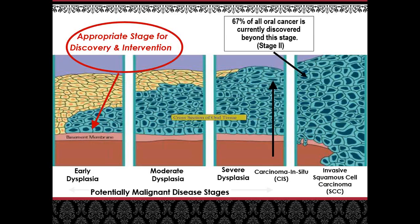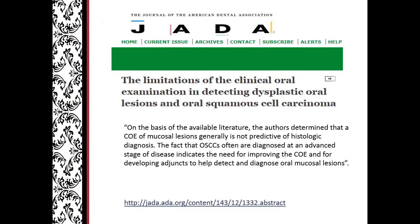It is heart-wrenching. And if you haven't seen some of the pictures, Google it, go to the Oral Cancer Foundation, look in on their chat forums and see how people are really coping with surviving oral cancer. It is most challenging. The limitations of the clinical oral examination have been addressed by the Journal of the American Dental Association because of this problem, because we're discovering it way too late, and because of the compromised health and well-being of the people that actually are living with oral